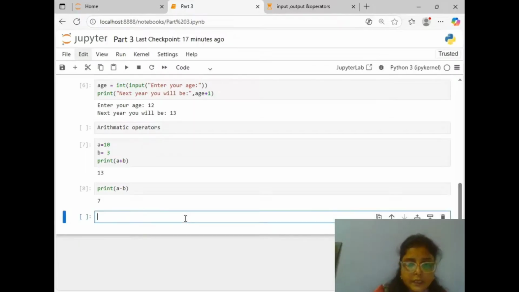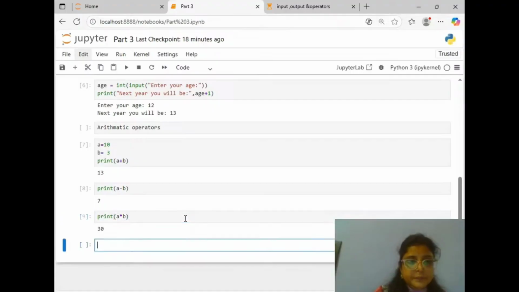And then I'll use the multiplication operator. So print A multiply B. Shift enter, 30, because 10 multiply 3 is 30.